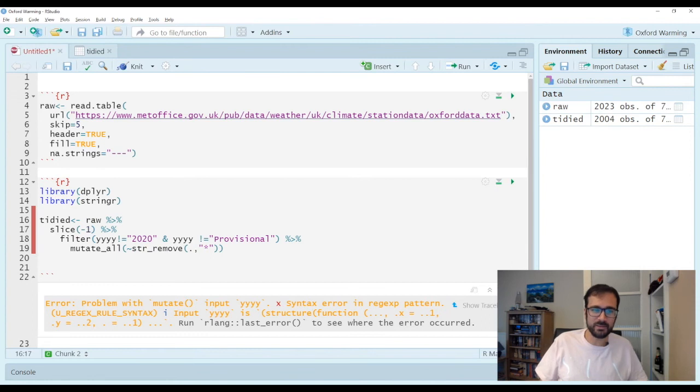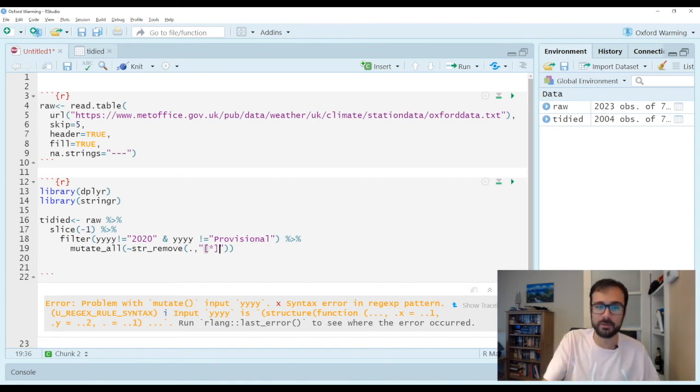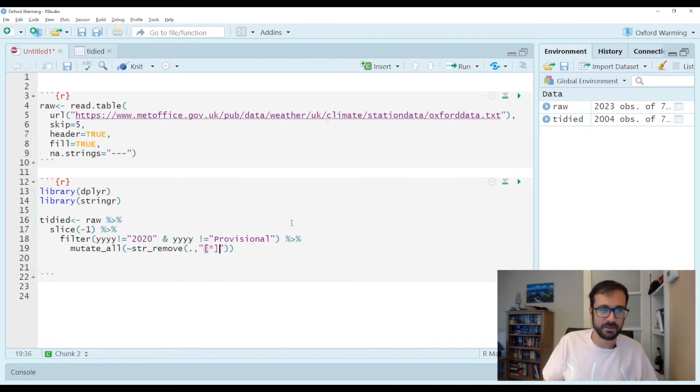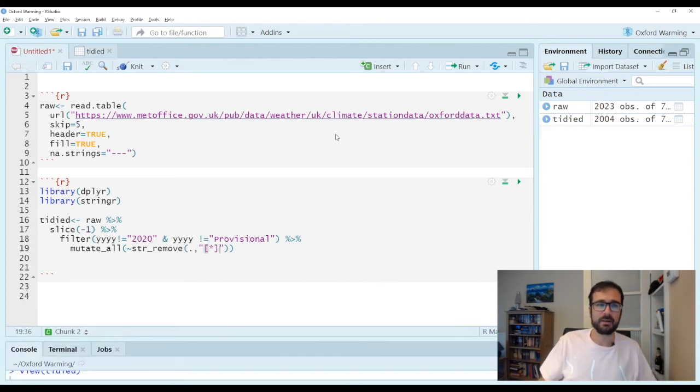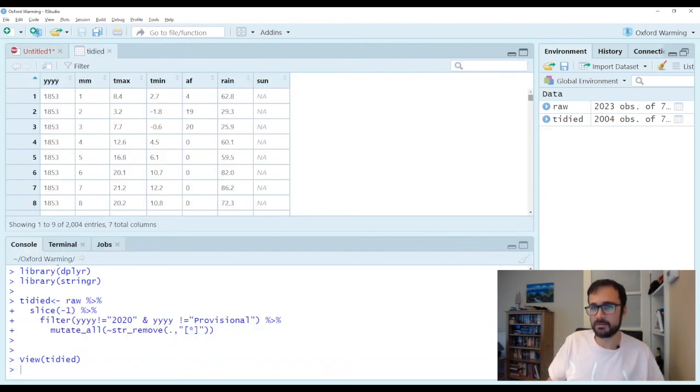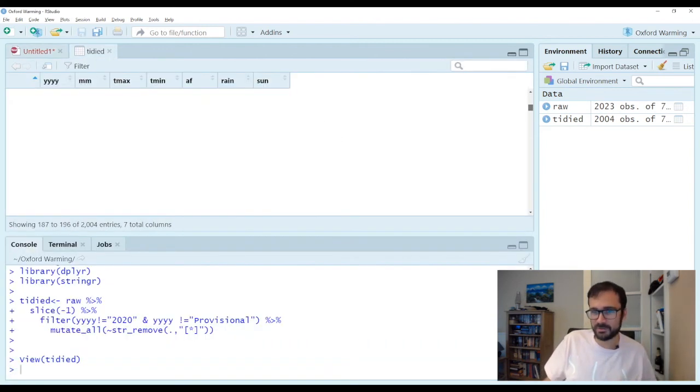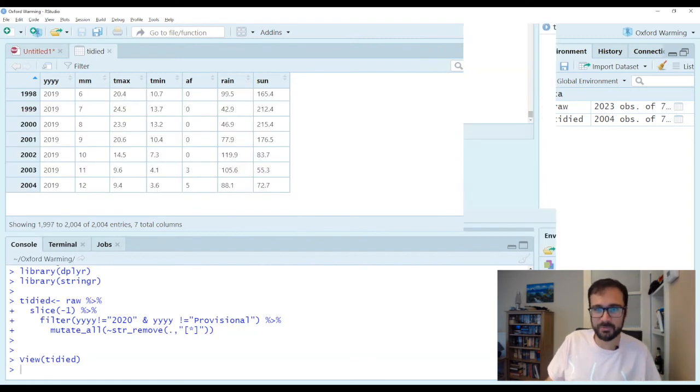So the way to deal with this is if I use square brackets around it, this says, okay, I'm actually looking for a star. I'm not treating star as a special regular expression character. So now when I run this, I don't see an error. And let me go to my data. It doesn't seem to have completely destroyed it at the top, but the key part is at the bottom.